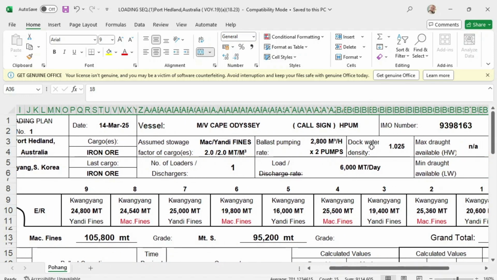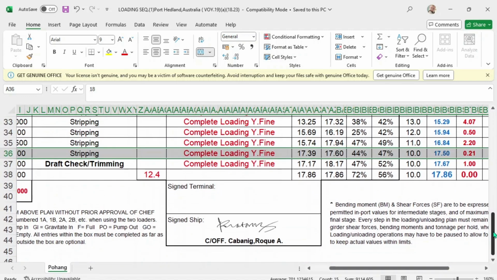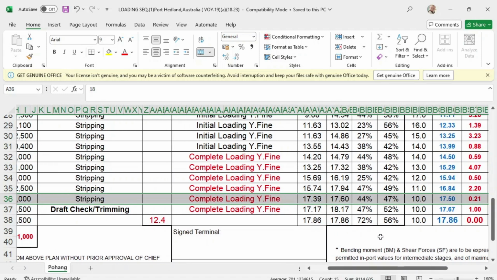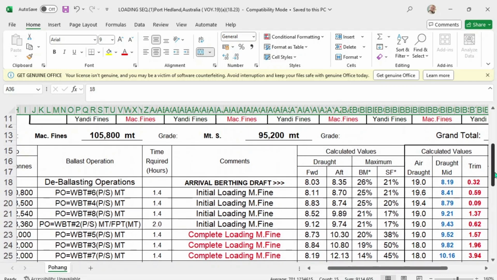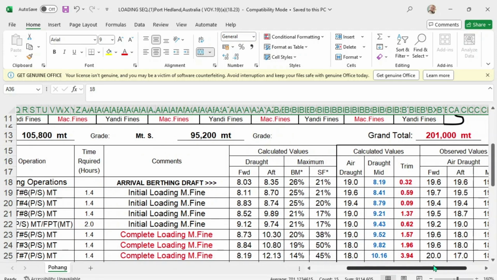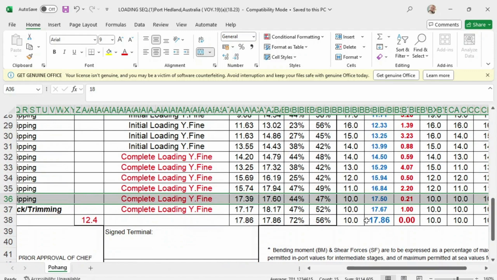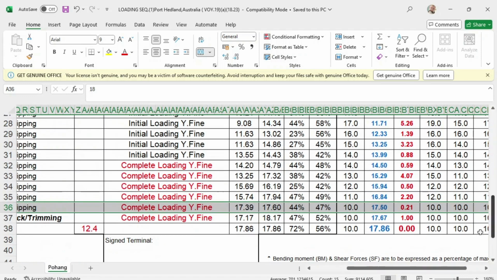And here in your loading plan, your ceiling draft, for example, is mid draft. Your maximum ceiling draft is 17.86. That will be your maximum ceiling draft or departure draft.